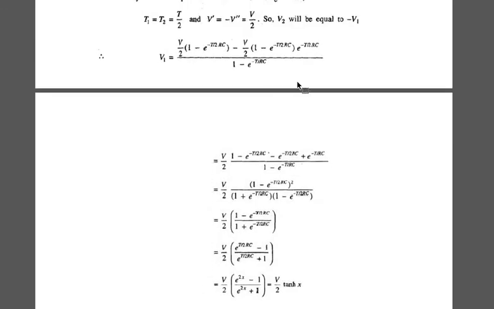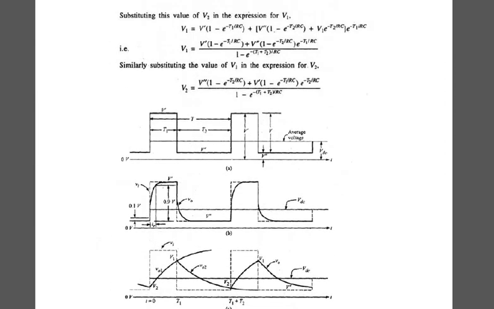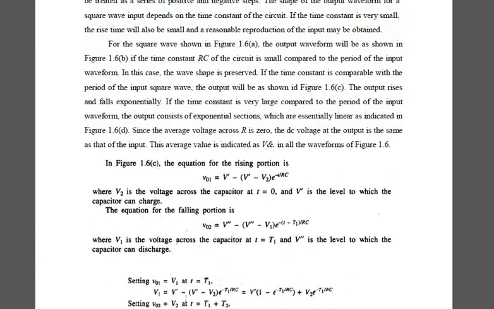If you solve it, you will get V divided by 2 into (1 minus e to the power of T divided by RC) by (1 plus e to the power of T divided by 2RC). So this will be an assignment for your PDC. After the vacation, I'll be checking this one. These screenshots I'll be sharing with you in the group itself. So do practice well. It is an assignment for you.